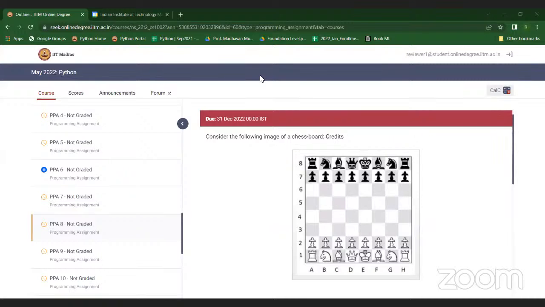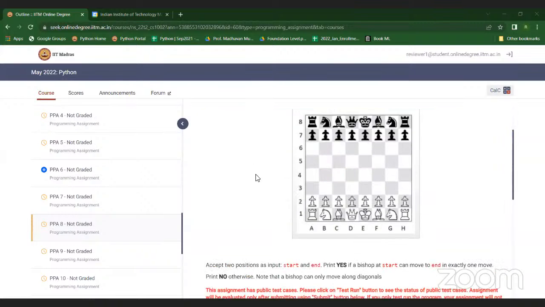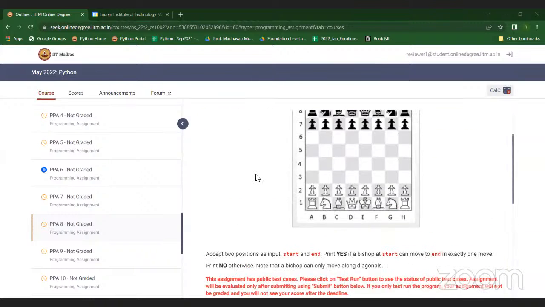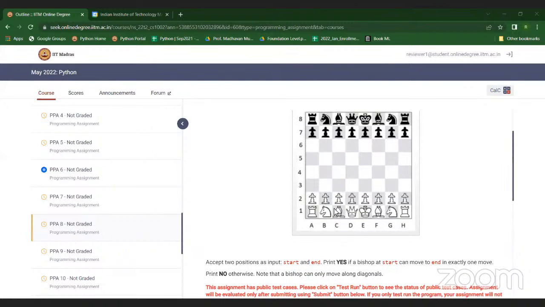Sir, if we see the input, it is given C3. So they are talking about the white bishop, going from C3 to E5. That does not actually matter, because they are just asking if the movement of the bishop from C3 to E5 is legal, that is, if the bishop can move that way. That's all you need to do. There's no black bishop or white bishop. We don't discriminate here. There is only one bishop.